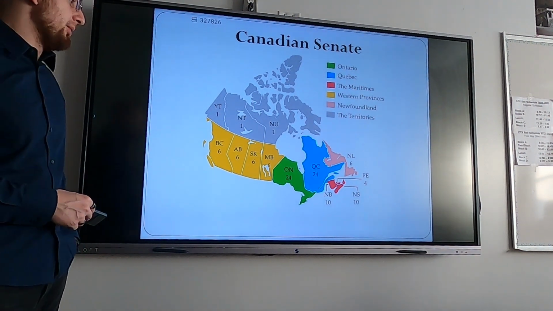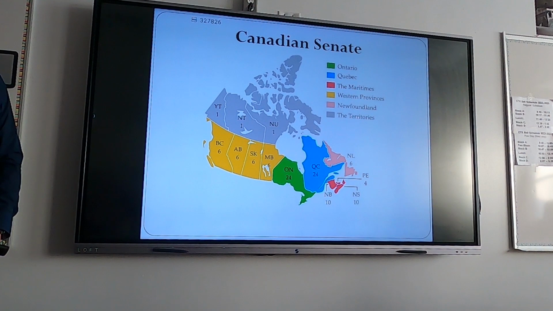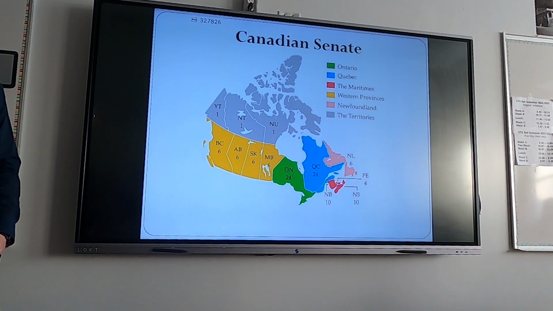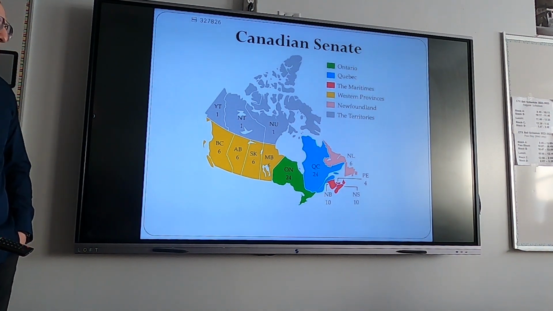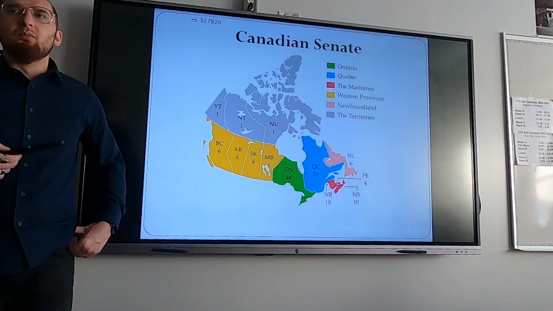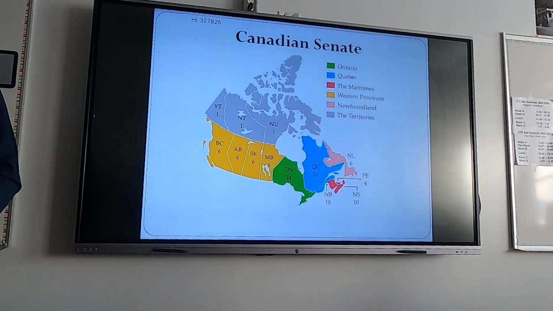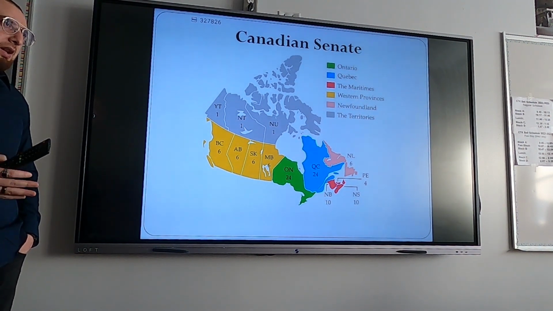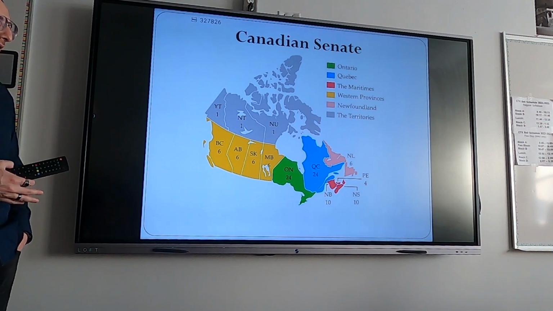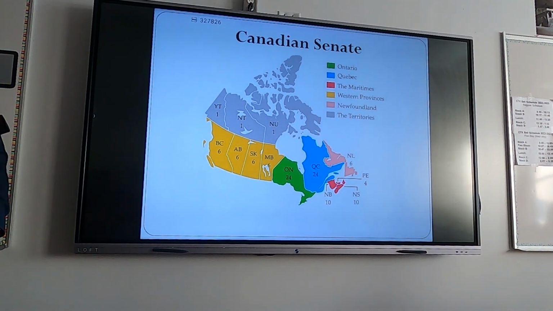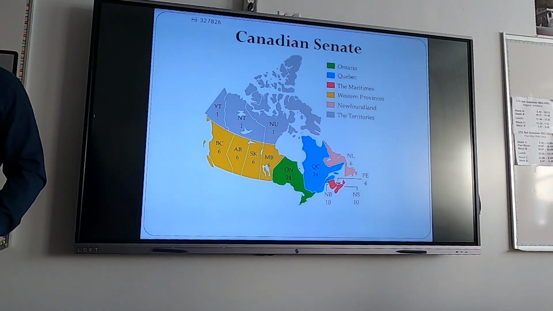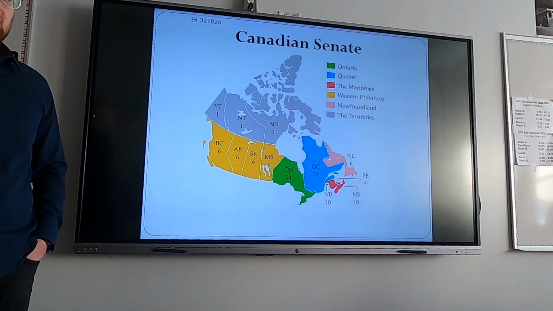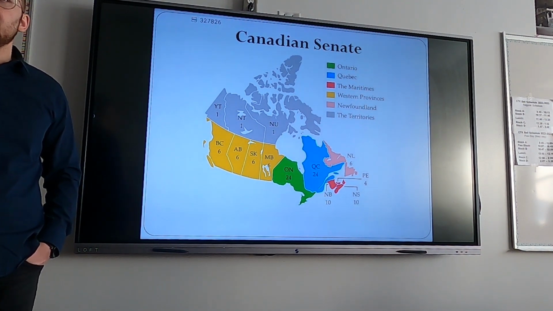And then there's a breakdown of how many senators we have. Again, I don't know exactly when this information was, and I would have to find updated information. But generally speaking, we're seeing a trend that in Ontario and Quebec, you have more representation than in the other provinces and territories. Now again, in Canada, we try to base things off population, and so the vast majority of Canadians do live in Ontario and Quebec. But obviously these things can change over time with different population levels. I imagine it would be very tough to change the laws associated with how this works.